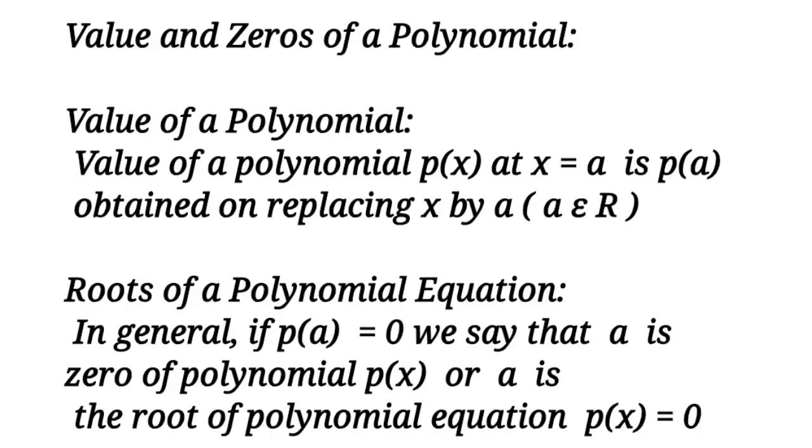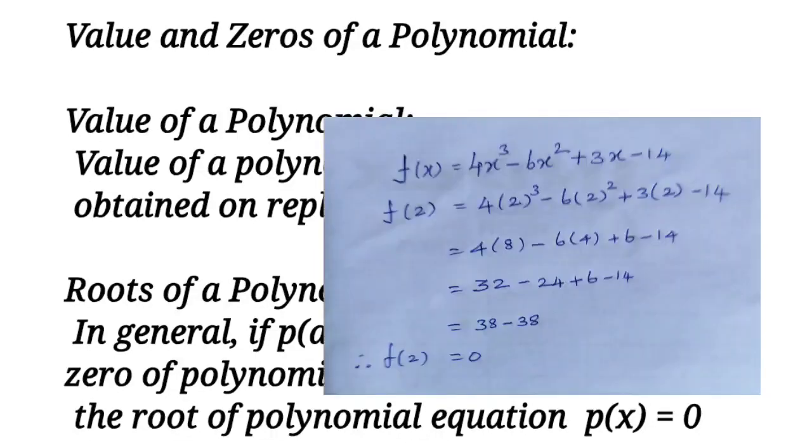Then, roots of a polynomial equation. In general, if p of a is equal to 0, we say that a is a zero of the polynomial p of x, or a is the root of the polynomial equation p of x is equal to 0. Here the remainder is 0. For example,